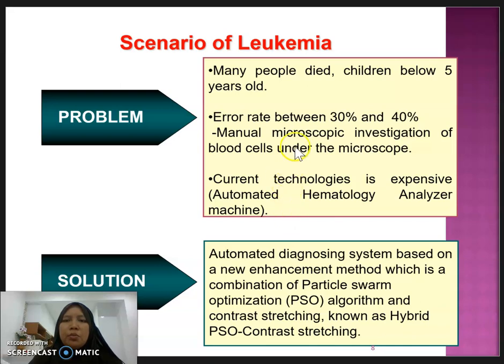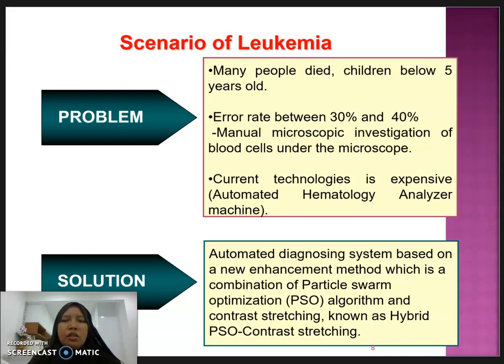In hospitals, we always use manual microscopic investigation under the microscope, which has an error of between 30% and 40%. They have expensive technology such as automated hematology analyzers, but it is quite expensive and unaffordable for medical laboratories, especially for